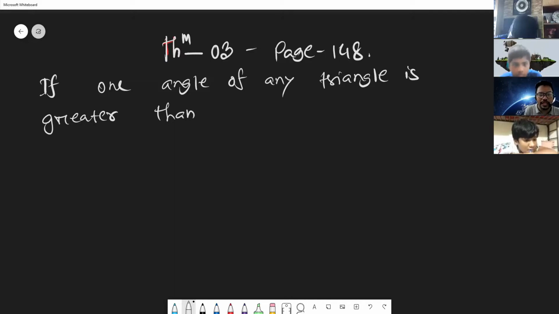There we showed the angle, here we will show the side. If one angle of any triangle is greater than another,